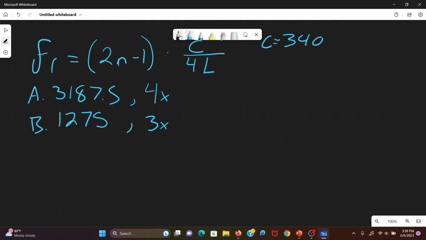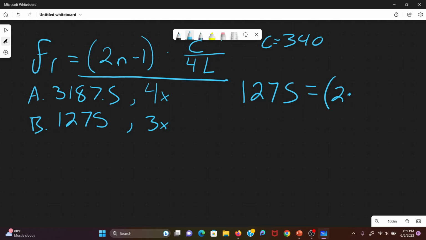I'm going to solve for 1275 first. So what we're going to do is, 1275 equals, so you're going to set this whole portion of the equation right there equal to your second resonant frequency. So 1275 equals 2. We know n in this case. It's your second resonant frequency, so you're going to put in a 2 minus 1 multiplied by 340